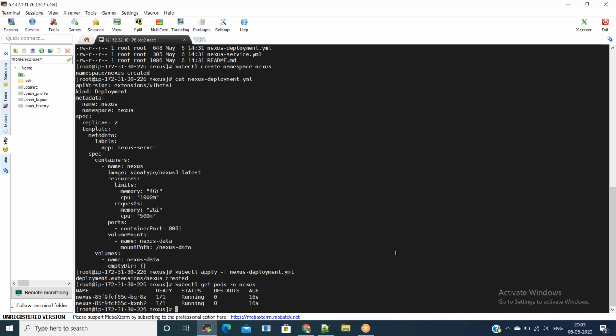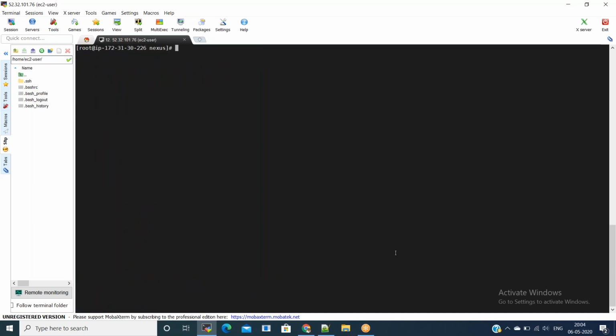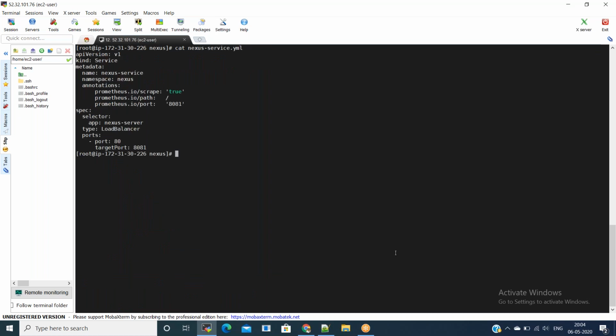Now what we can do is, we will try to expose this deployment through the service YAML, and I mentioned the service type as load balancer. If you observe, I have mentioned the spec type as LoadBalancer, and for ports I mentioned 80, and target port I mentioned 8081. If you want, you can mention both as 8081 also. For now I mentioned 80, and target port is 8081, where our pod is running on port 8081. Now execute this service also: kubectl apply -f nexus-service.yaml.